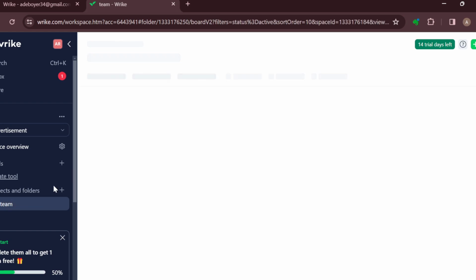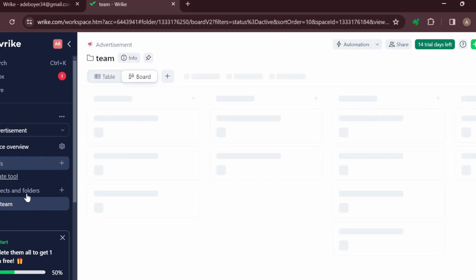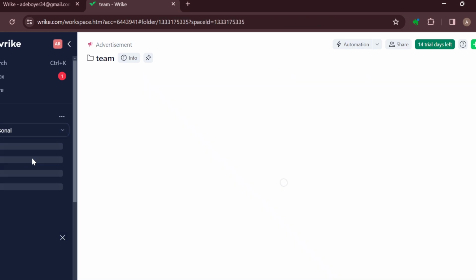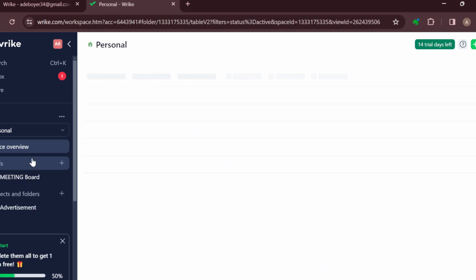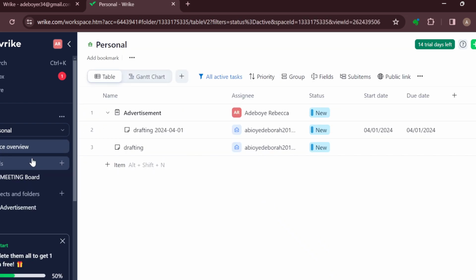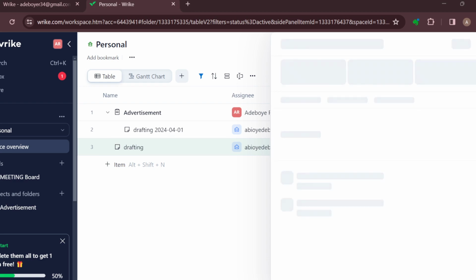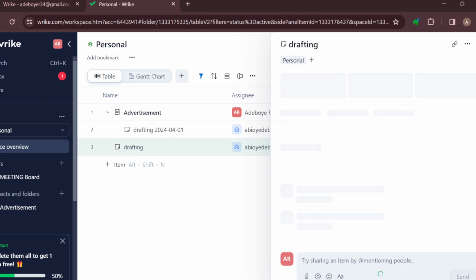Now, after selecting the, okay, no, not this one, let me select another. Okay, so this is the space I'm working with, for example, the personal space. And then the next step is to open up the task by clicking on the task in the space. After opening it, the task will appear in the task view. All right, so once you can see this, the next step is to click on the start timer play button